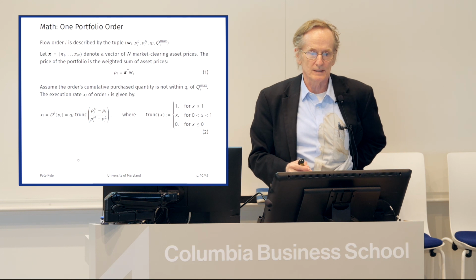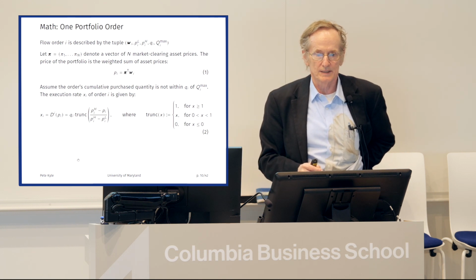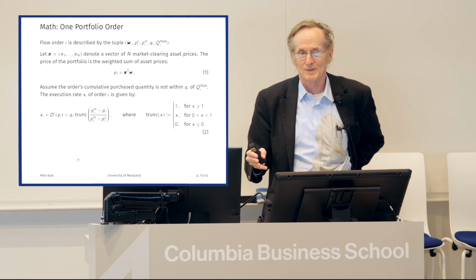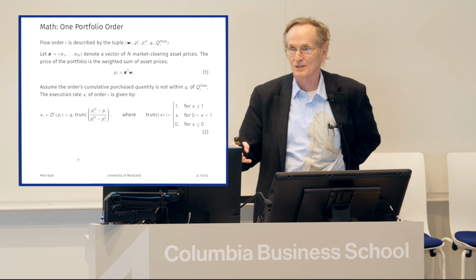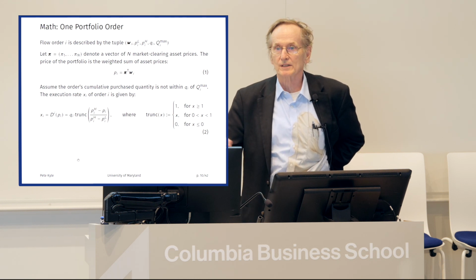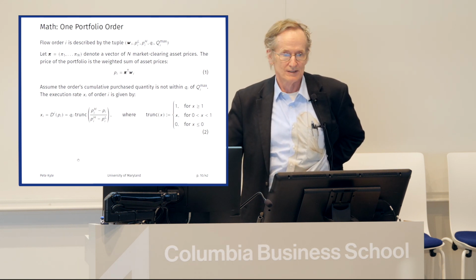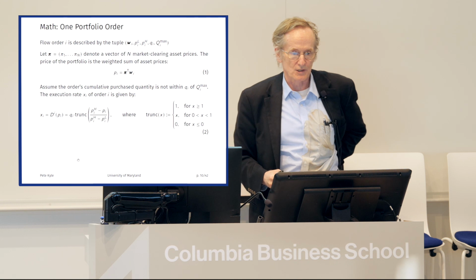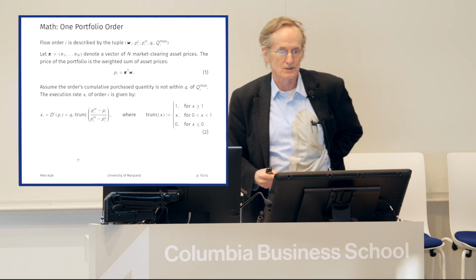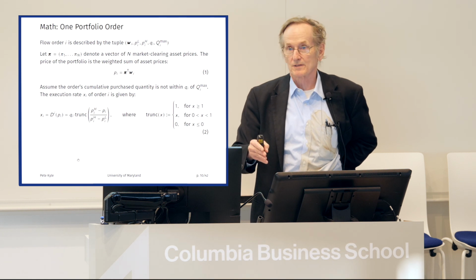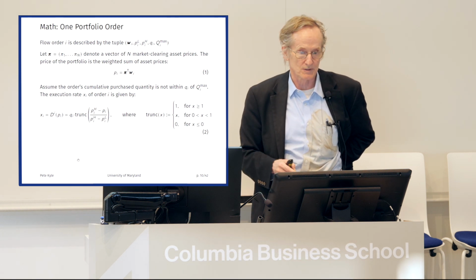Okay, so P, the letter P, is going to represent the price of the portfolio. Pi is going to be Lagrange multipliers eventually, but right now it's just market prices for the assets. So there may be 1 million orders, so there are 1 million Ps, but there may be 1,000 Pi's because there are only going to be, let's say, 1,000 stocks in our market. And so the price of the portfolio is just the inner product of the portfolio weights W and the prices of the assets pi. So it's pi transpose W.